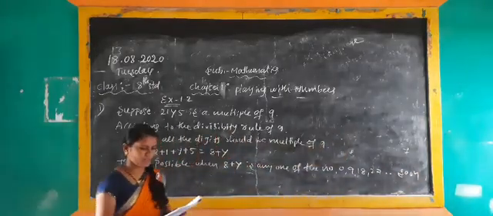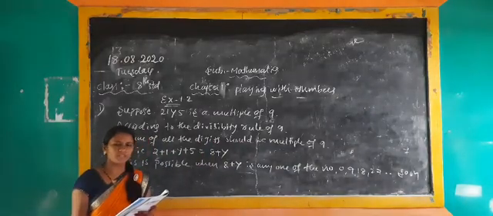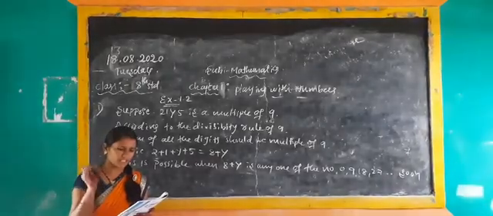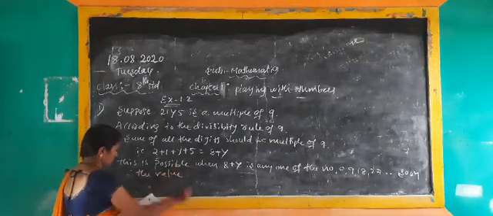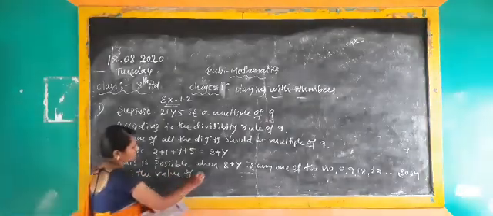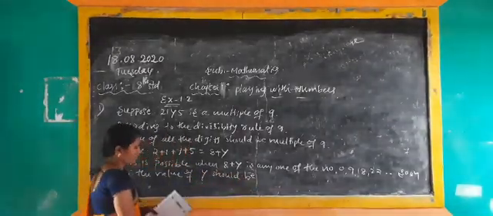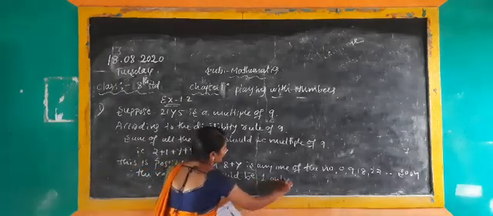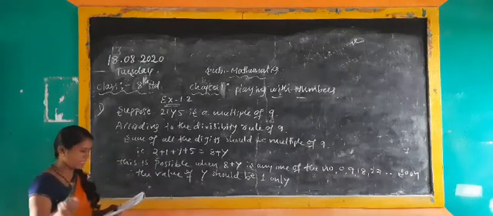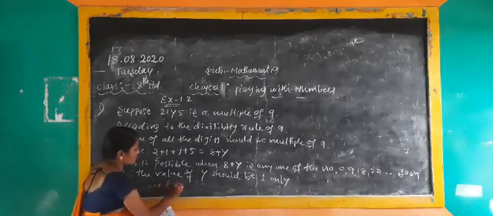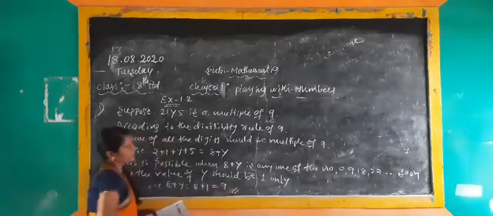Okay, next, since y is a single digit, I need a single digit value, yes or no? The sum can be 9 only. Here if you are dividing, you will get 9 only. The value of y should be 1 only. Why? Because if I am considering the y value as 1, 8 plus 1 will be 9. 9 is divisible by 9. Write down: 8 plus y means 8 plus 1. It should be 9. 9 is divisible by 9.